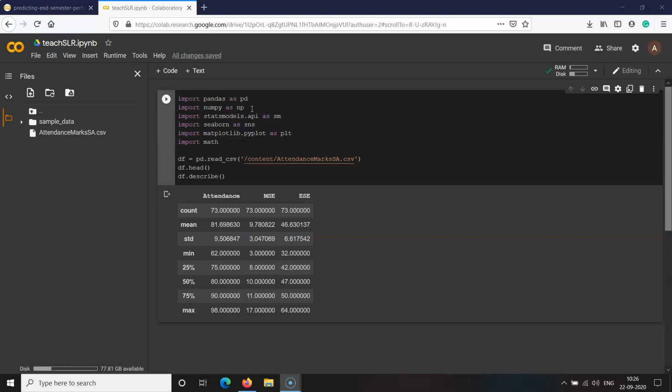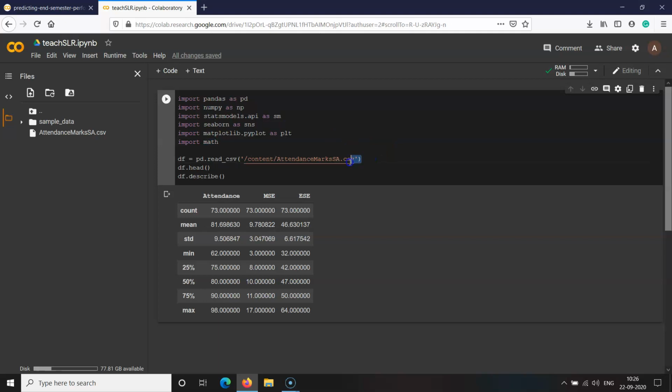In addition to our usual modules, I have imported two additional modules here. First, statsmodels.api, which implements the method for ordinary least square, and some additional math module, which is needed to perform some basic mathematical operations.